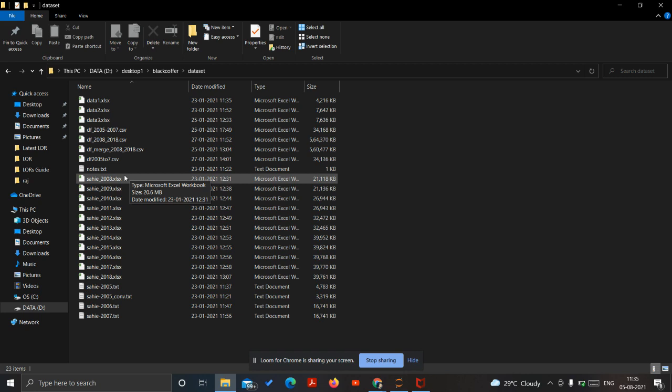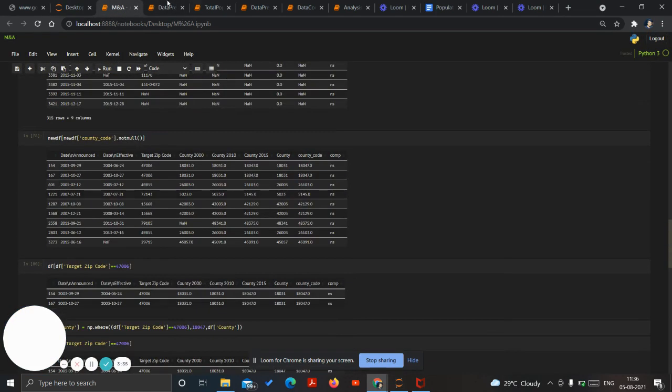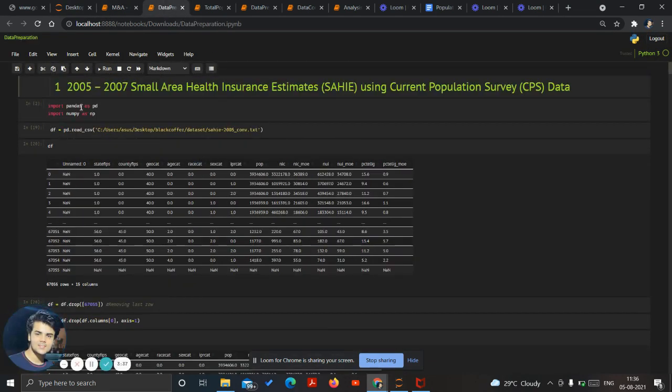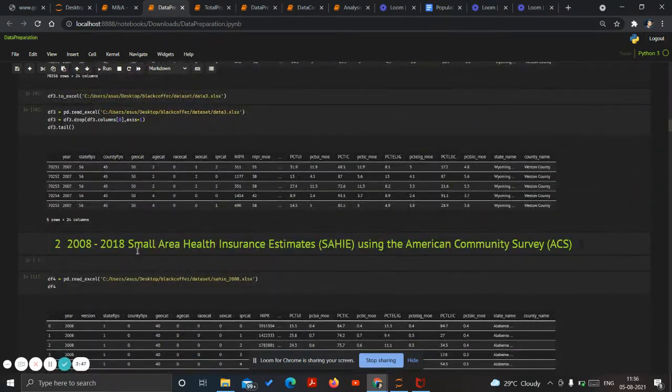Once it is converted into a CSV file, which also involves many complex replacements, like replacing spaces and commas with the help of programming, we have read that particular file in the Jupyter notebook in pandas, right? First of all, for 2005 to 2007 we have to create one file. Once that file is created, the next task is creating the file from 2008 to 2018.